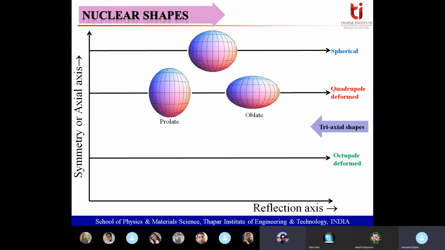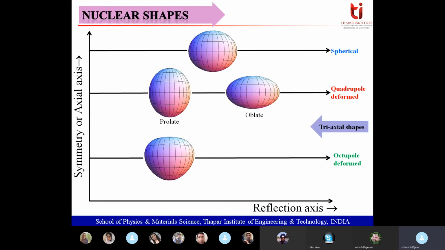Actually, we have an expression of nuclear surface or nuclear radius, you can say, which I am going to show in my coming slide, where you can clearly see the difference between prolate and hexadecapole. So it is also a mathematical difference. Okay, thank you. So for octupole deformed nuclei, you can see the picture.